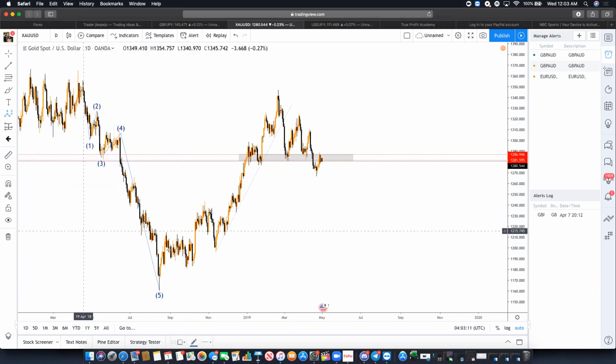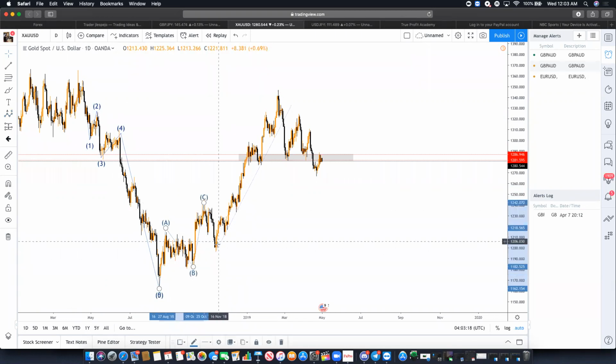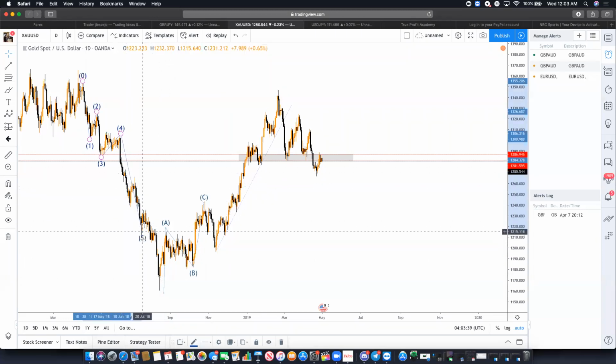Then we're going to do the corrective waves, right? So we have A, B, C. Now we have a whole new trend. Yes, perfect. Now we have a whole new trend. So we had 0, 1, 2, 3, 4. 4 to 5 was the extended push. Some people can argue, why would we call this one move to the downside? We did not have, as we had here, lower highs creating here.